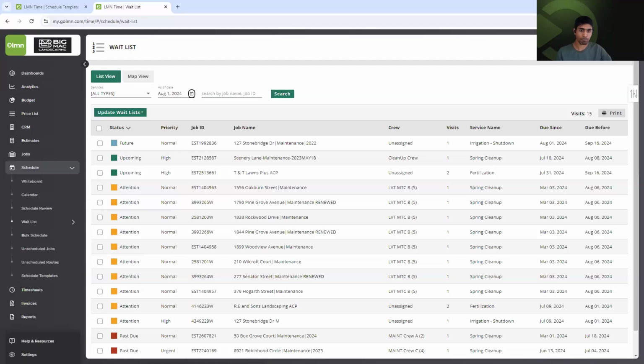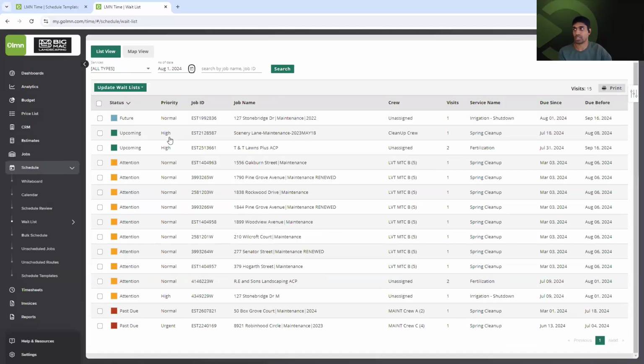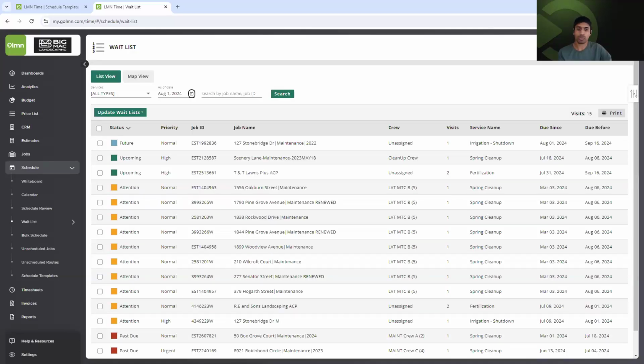Okay, perfect. In addition to that, you can also program the priority level. So is it low, high, normal, or urgent? And then moments ago, as you remember, we had all of those jobs that carried over into the wait list. So what's really cool about this is instead of just going ahead and pushing these onto the calendar, let's say maybe the crew changes, or maybe the date range changes, or the priority level, we want to move these to urgent. We can go ahead and basically select all of these in one shot in bulk